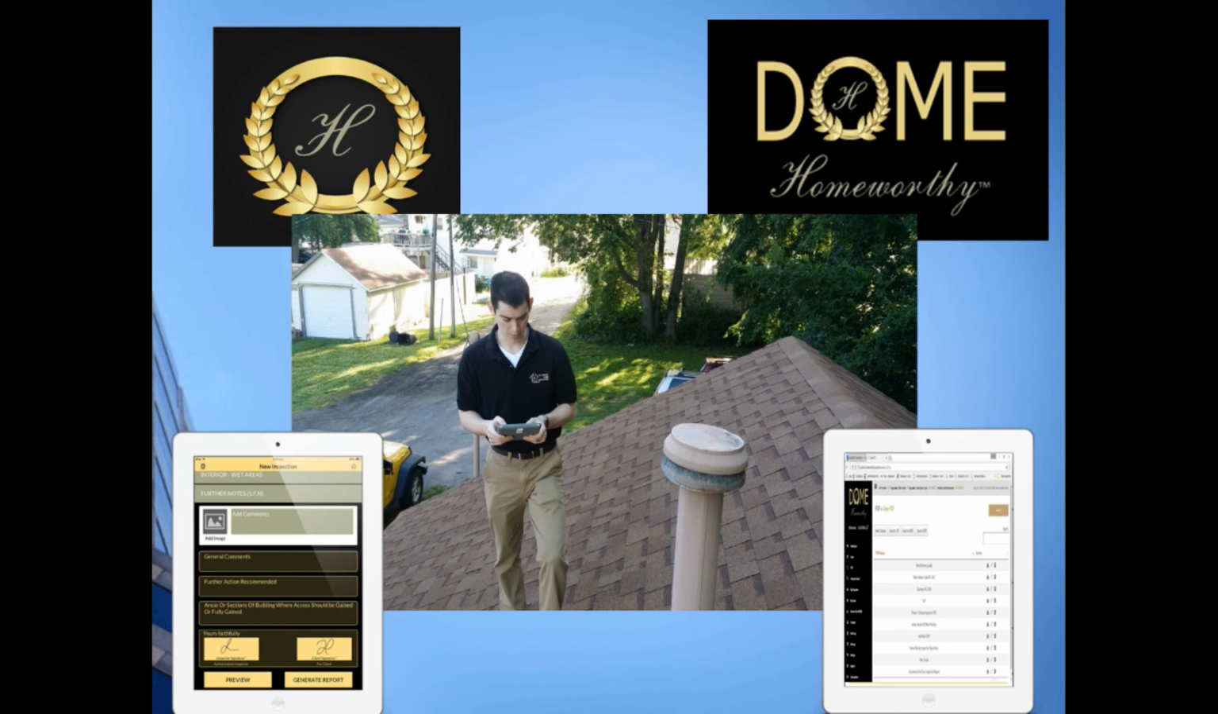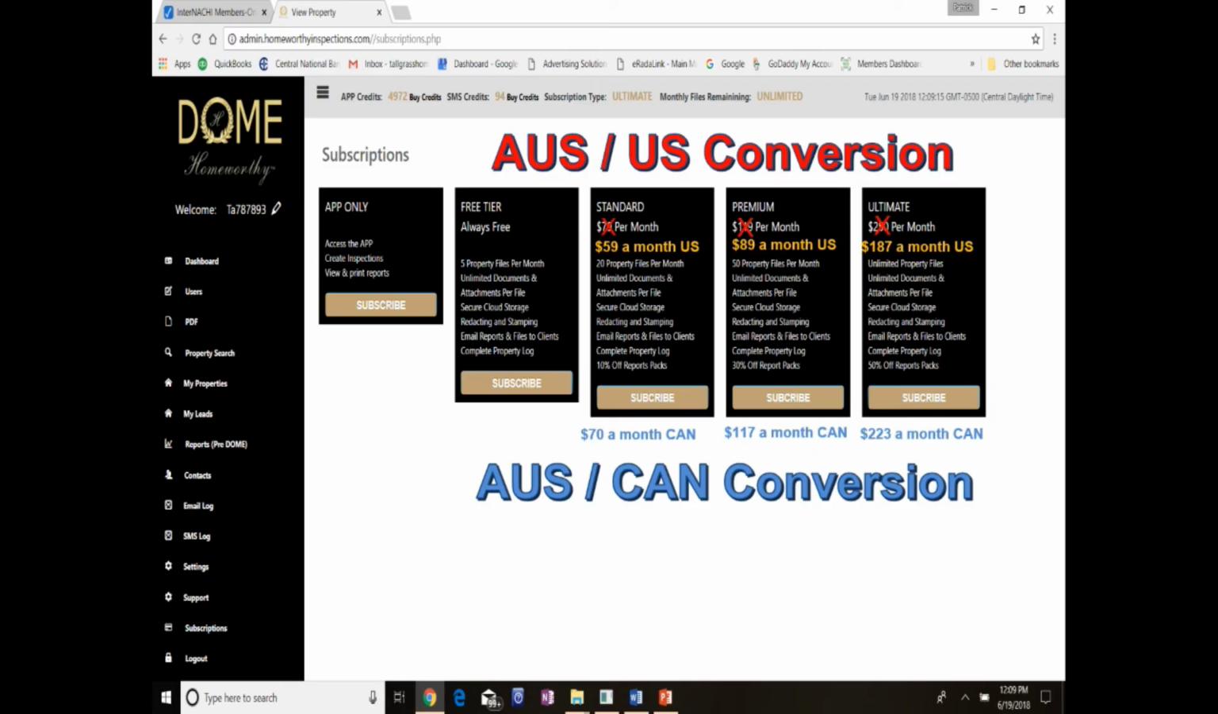Okay, so we come back again to the elephant in the room. Now that you know that, how much does it cost? Okay, there are basically 4 or 5 tiers. The first tier is apps only, okay? If you just want to use the app, you can do that, all right? But again, if you want to do more,